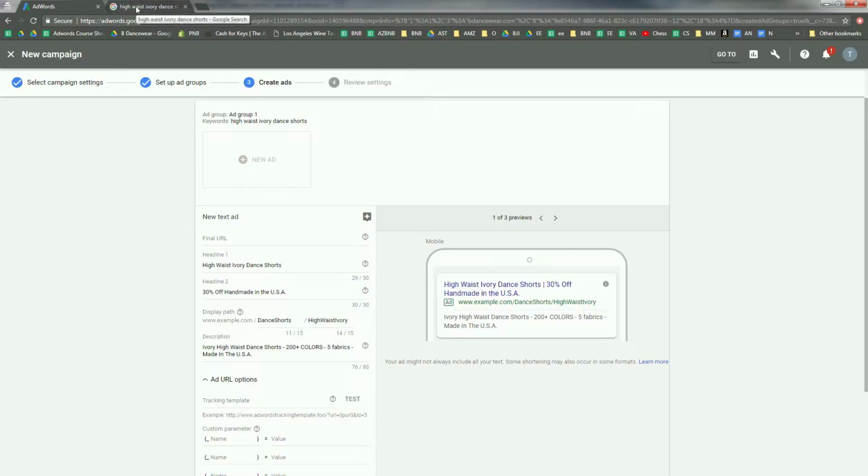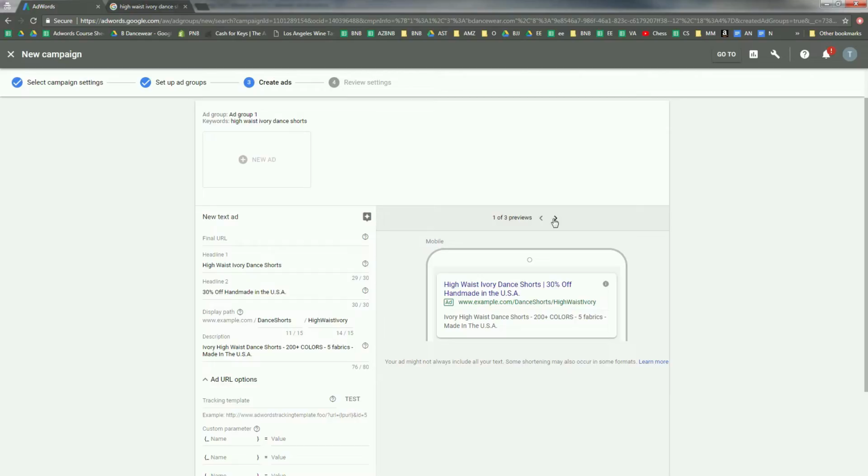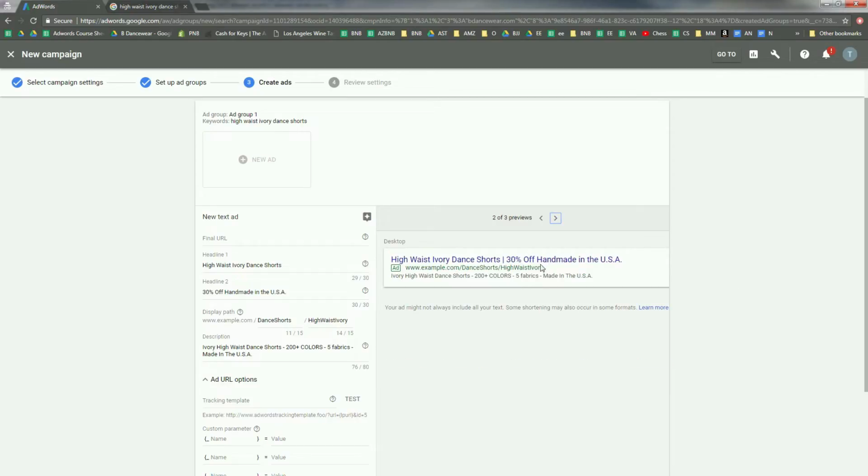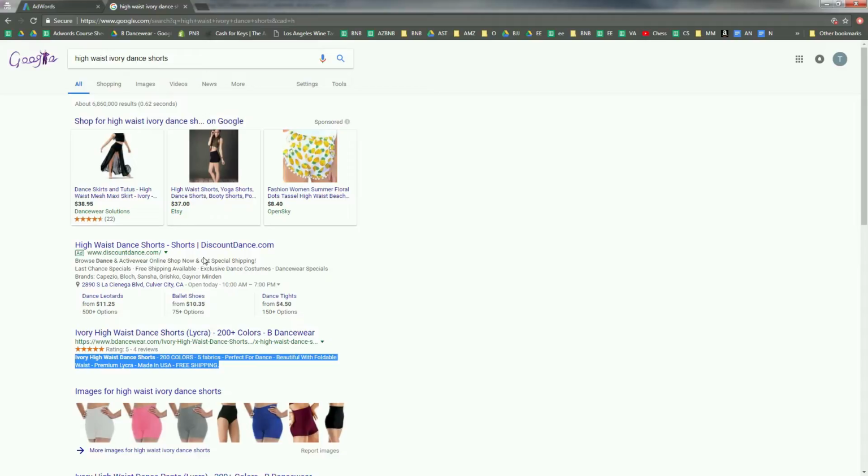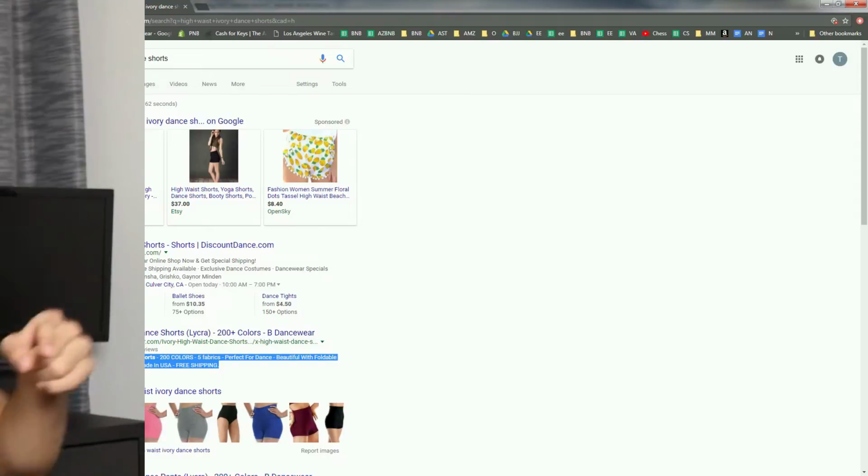And another tip for you is Google the keyword you're trying to go after. So for me, high waist ivory dance shorts, what comes up? Does my ad look better than this ad? I would say yes. I'd say I have a much better ad. In fact, you can see I'm one of the top organic results, and you can compare it with the organic results as well. But the goal is to make this ad here, and you can see it in desktop as well, pop so much that people are going to want to click on it. So make sure you look at what your competition's doing and make sure that your ad will stand out. So your goal is to write better ad copy than your competitors, which will lower your bid, and